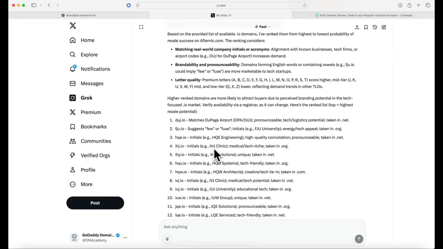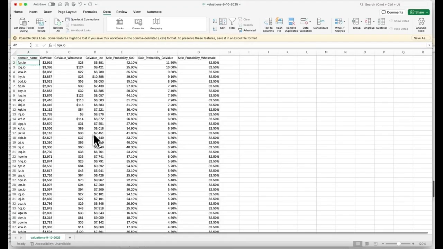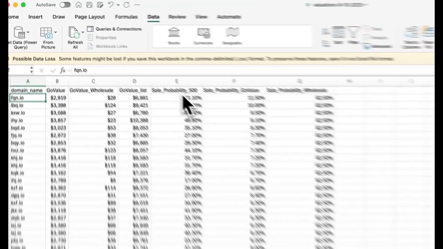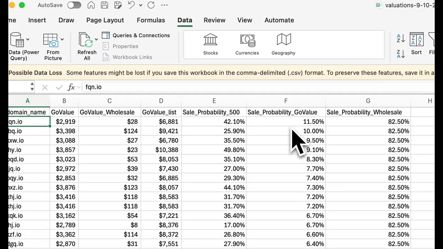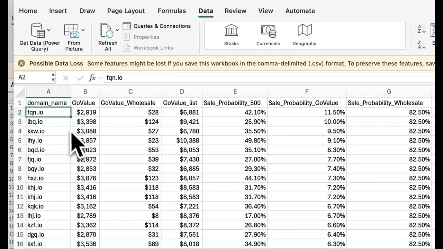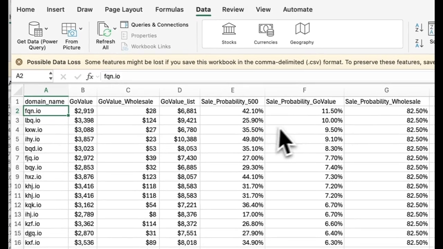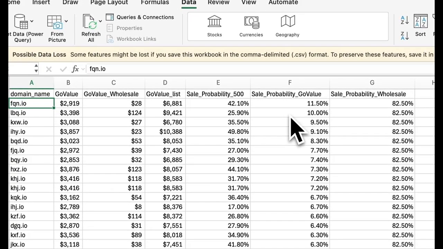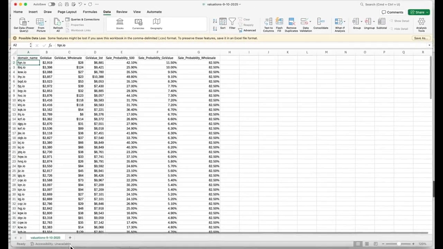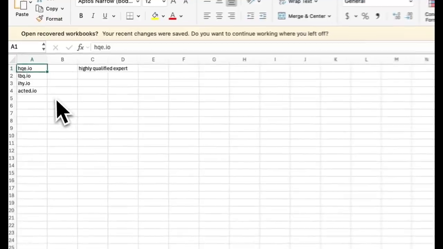So we came up with this list, and then I was able to run this list through GoDaddy's bulk valuation tool, and then I sorted that by sale probability. So you can see sale probability at GoValue. So it should also bring up the names that GoValue, GoDaddy's bulk valuation tool, thinks have a better chance of reselling. And then I was able to look through that list and come up with a hit list of names